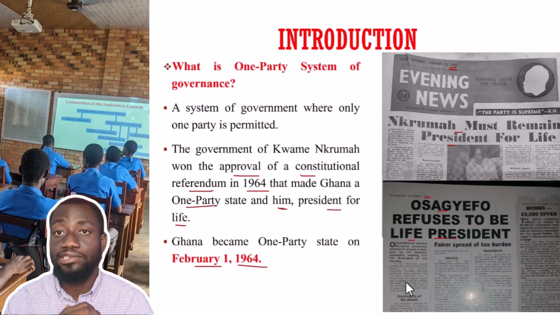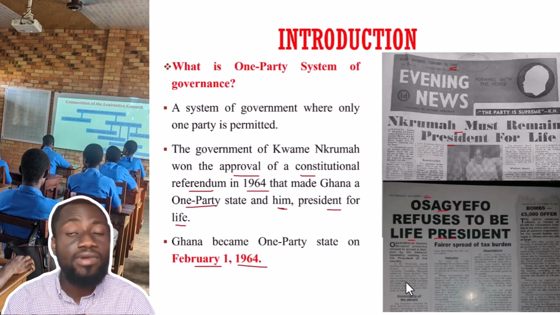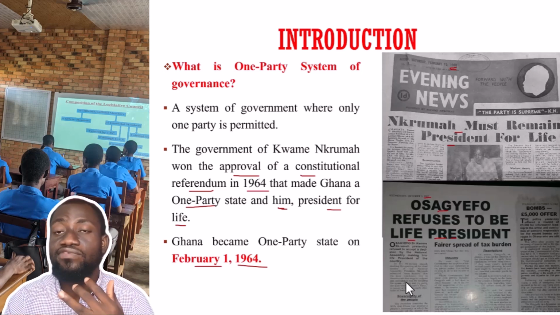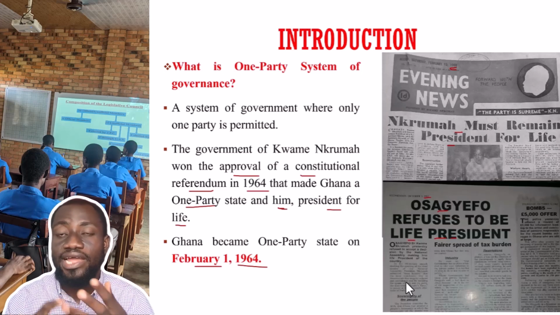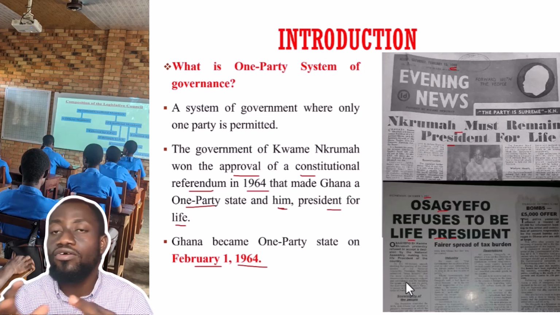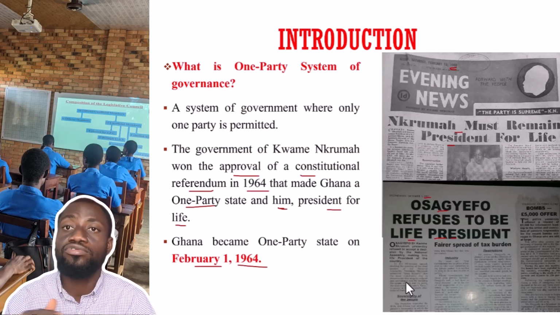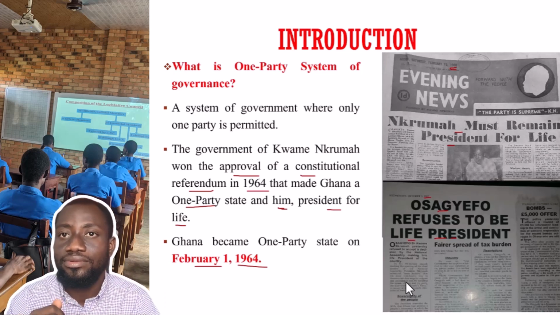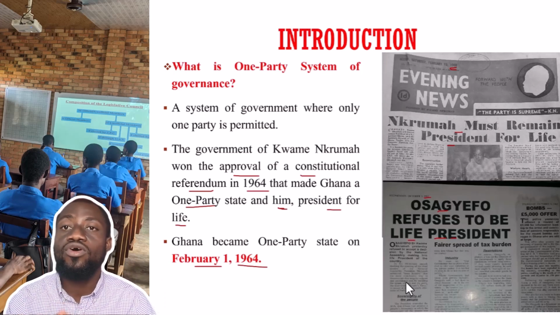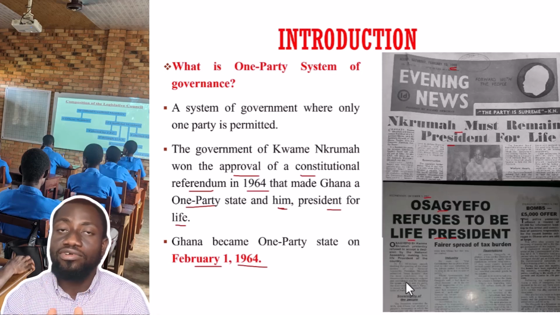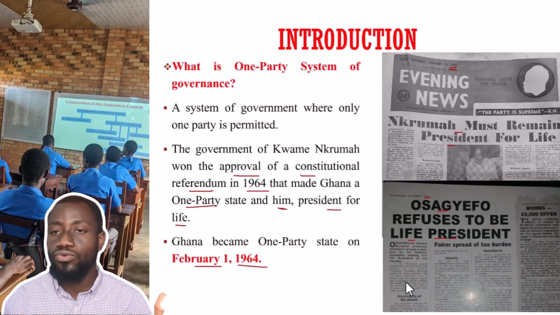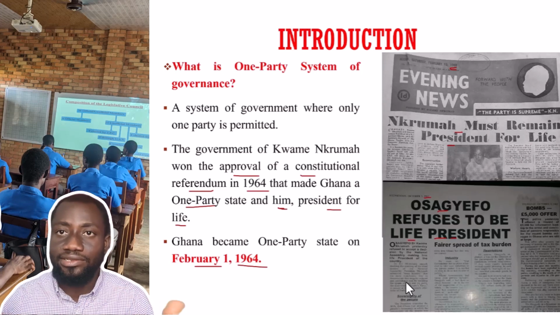So where is the evidence of a dictator who wanted to be president for life, who banned all other political parties from contesting? Don't forget, Nkrumah had won all the three major elections conducted in the Gold Coast: the first one in 1951, 1954, and 1956. Nkrumah had won all of them with a majority until he was overthrown. No political party in this country has won an election three consecutive times. So where is the fact that Nkrumah was a dictator and he introduced one party and all of that?